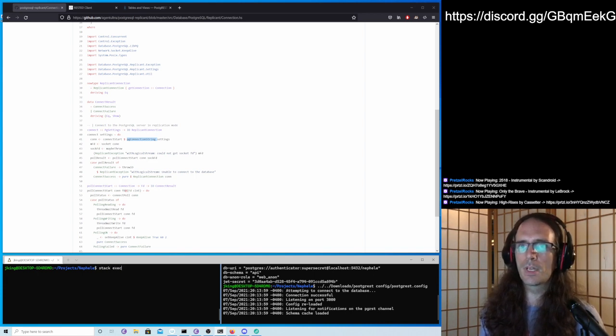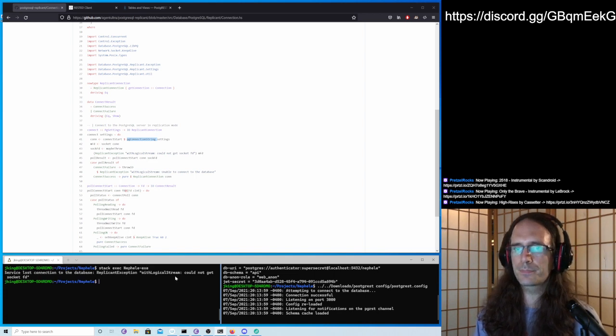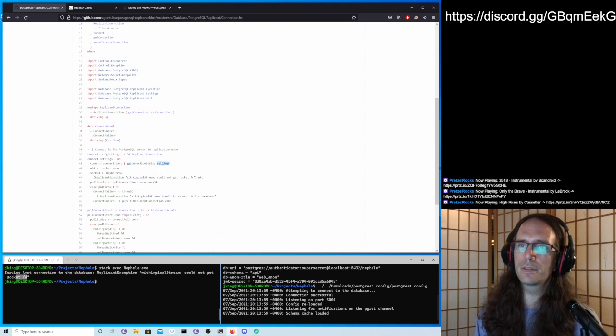Now, I was looking at a bit of the code, so I wanted to figure out why this isn't working. When we run this program, we couldn't get the socket file descriptor. And that comes from here. The PG connection string of the settings is not working for us.